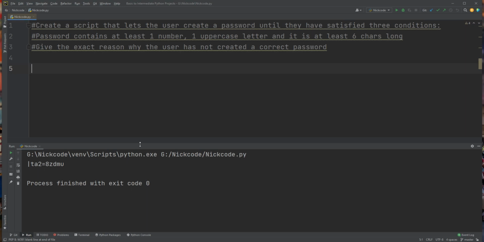Hello friends, in today's video we will be creating a project that lets the user create a password until they have satisfied three conditions. So the conditions are that our password should contain at least one number, one uppercase letter, and it should be